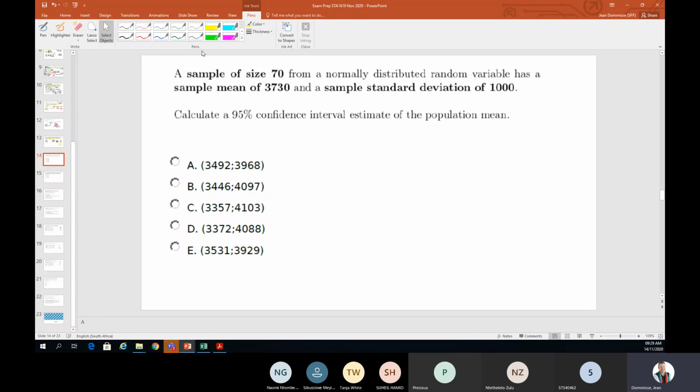A sample size of 70. Okay, so we are going to work with a confidence interval. When I look at a confidence interval, I need to make sure if my standard deviation is known or not, so that I can know if I need to work with a Z or with a T. Sample standard deviation, so that tells me I'm working with a T. Okay, so then my formula for that is